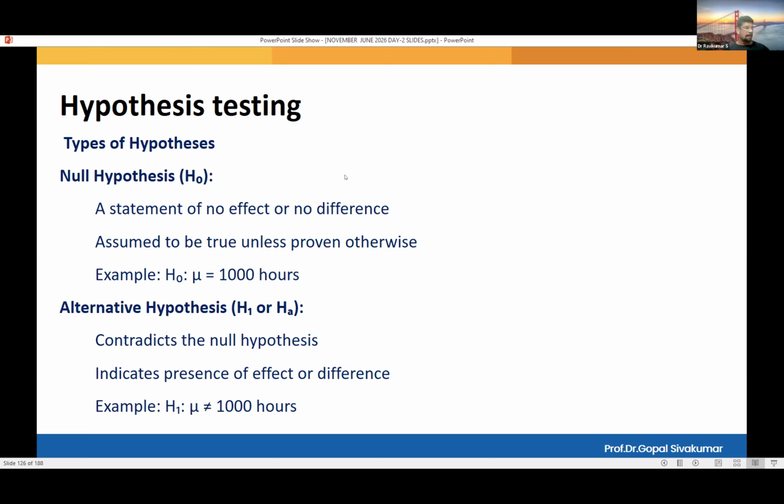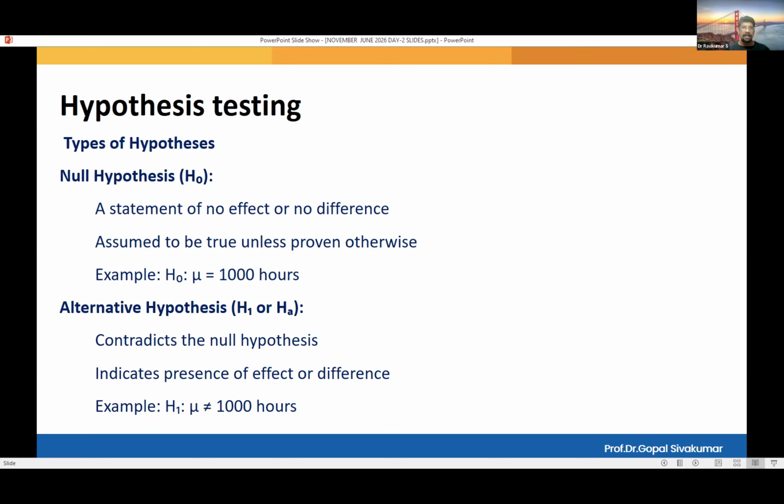You are saying, yes, because of poor training only, so many rejections happen. Yes, that is true. That is what null hypothesis says. Alternate hypothesis says, no, that is not the cause. Alternate hypothesis is represented by H1 or HA. Got it, guys? Are we clear about null hypothesis and alternate hypothesis?